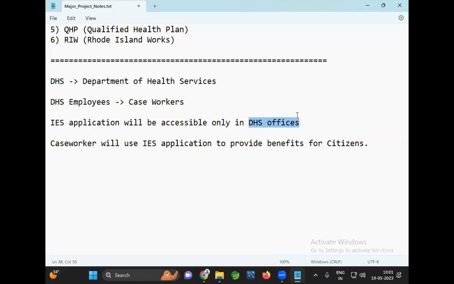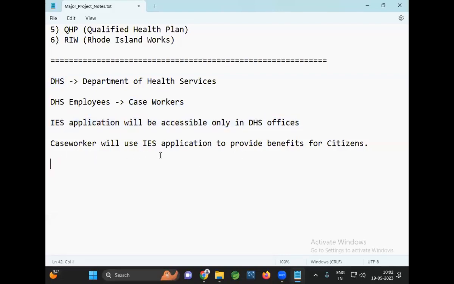Can I modify my mobile number? No. That Aadhaar card portal is accessible only by employees who are working in the Aadhaar department. Similarly, in the DHS office, case workers are available. Case workers are the government employees in the DHS department, and those case workers will access our IES application.